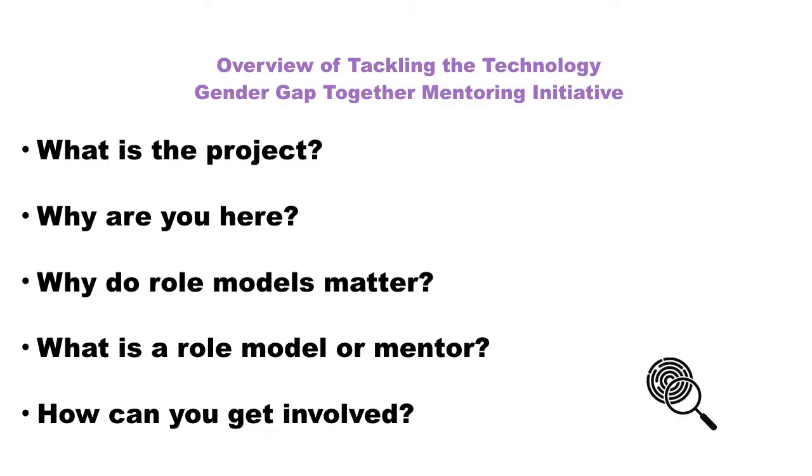The webinar is going to be split into three main parts. First of all, we're going to look at the aims of the Tackling the Technology Gender Gap Together project, which isn't something you can say very quickly, and why we need people to become role models or mentors to get girls interested in technology, and the kind of people we're looking for, and the difference between a role model and a mentor. And then we'll start